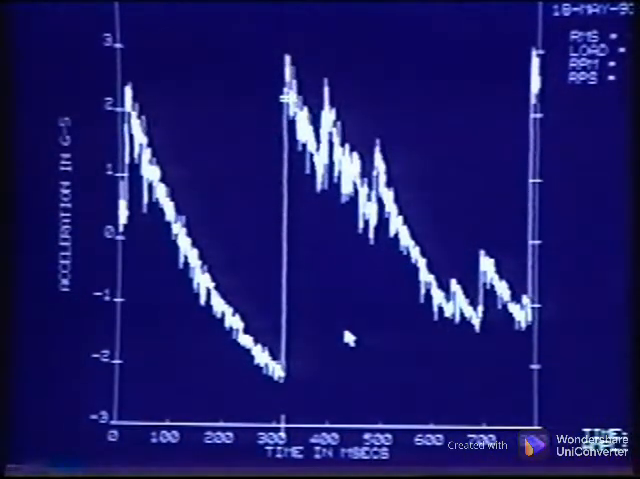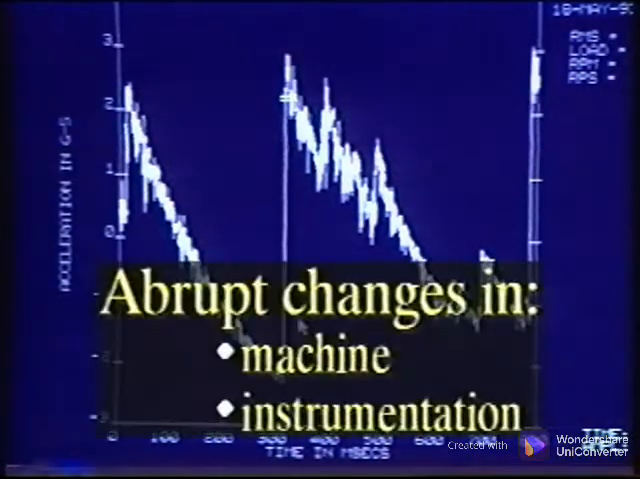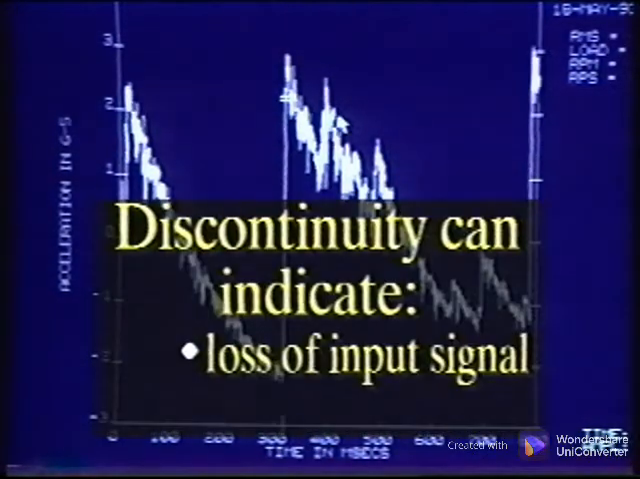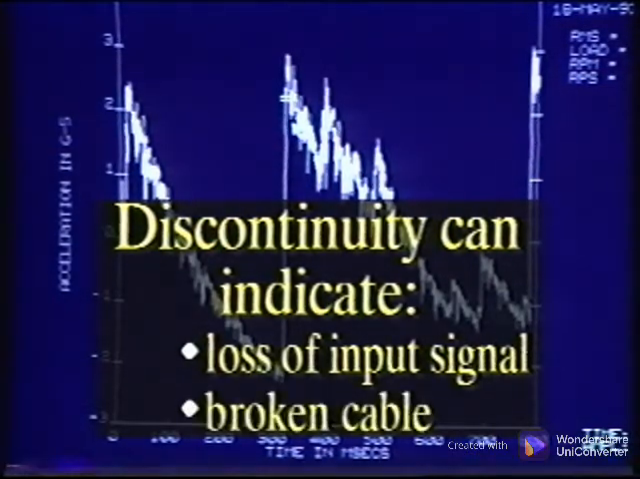This waveform is very unconventional and indicates specific conditions. Remember that this is a digitized waveform, and the stored information is actually dots. The lines simply connect the dots. This means that as the waveform data was being sampled, something changed abruptly in either the machine or the instrumentation. Data with discontinuity usually indicates a loss of the input signal. In this case, a sensor cable had broken, causing the intermittent